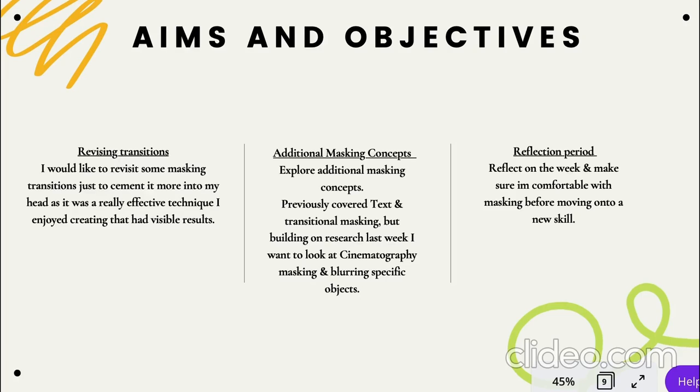I would then like to look at additional masking concepts. Like I said, last week I looked at text and transitional masking, but building on that research, I want to look more into cinematography masking and blurring specific objects out, as this would be really useful for a grad project in case I need to blur out someone's face in the background or a number plate. I then had a reflection period at the end,